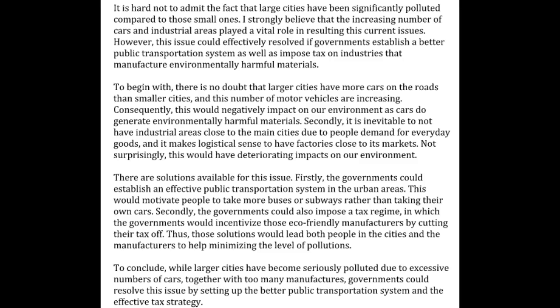So, pollution time. So we're discussing problems and solutions for pollution. So I shouldn't have to tell you that we should go introduction, problems, solution, conclusion. So I would say